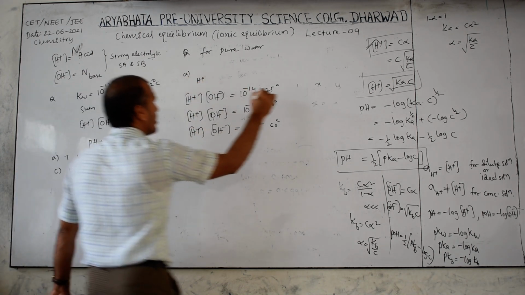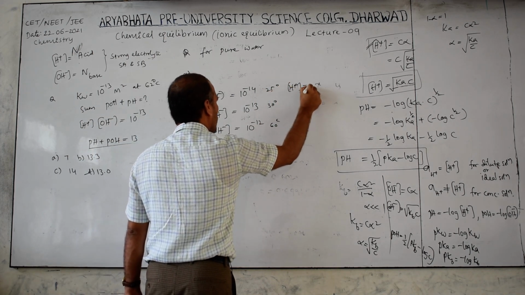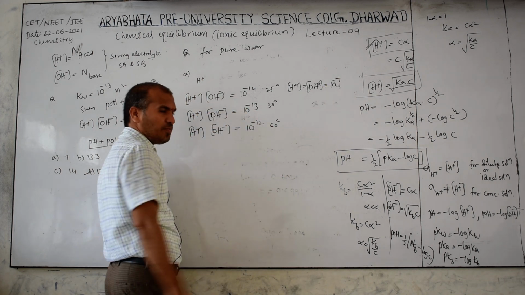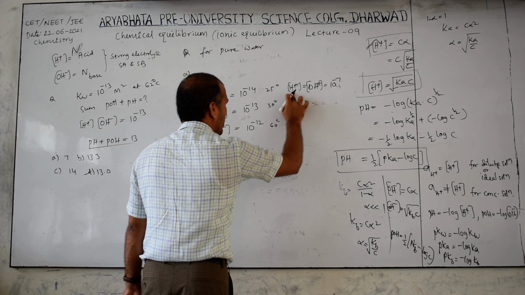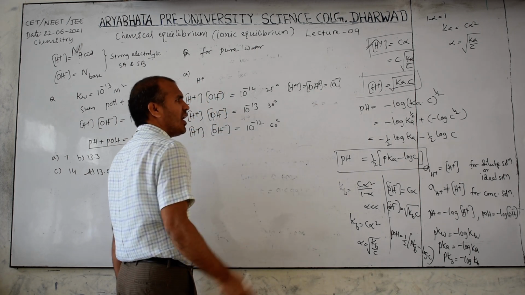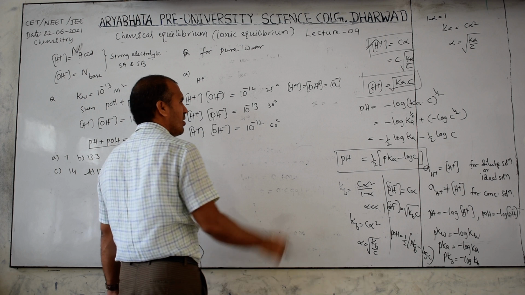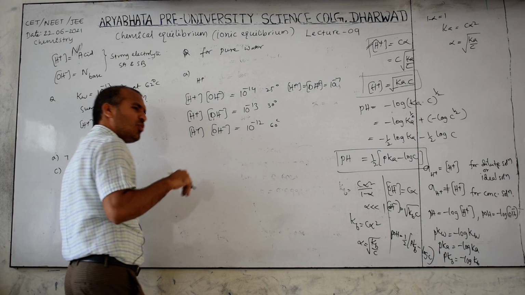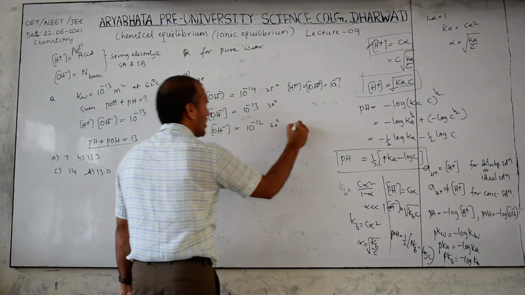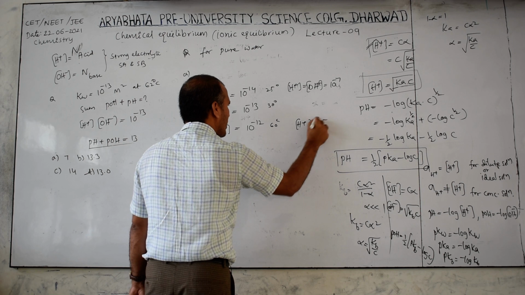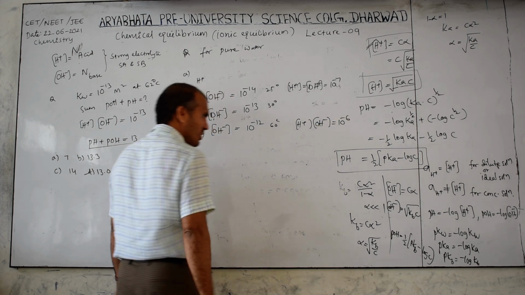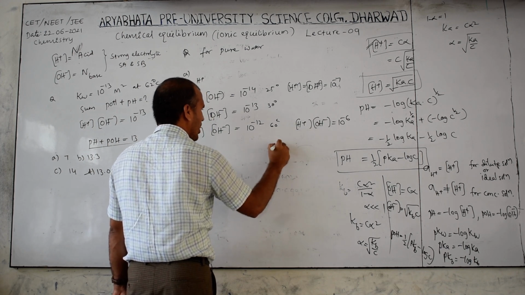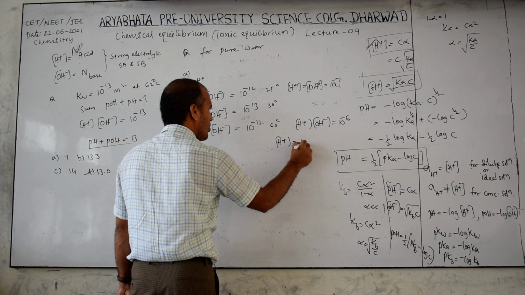So at this condition, H plus ion concentration is equal to OH minus ion concentration is equal to 10 power minus 7. Yes or no? Therefore POH is also 7 and pH is also 7. But here it is less than this value. Both, what happened here? In this case consider H plus ion concentration and OH minus ion concentration is equal to 10 power minus 6. Clear? So for this, H plus ion concentration is equal to 10 power minus 6.